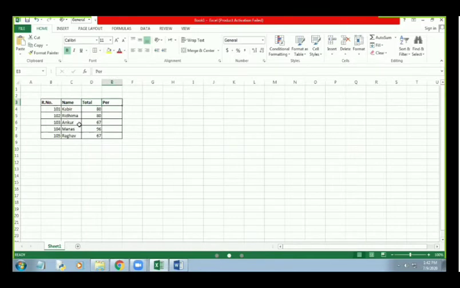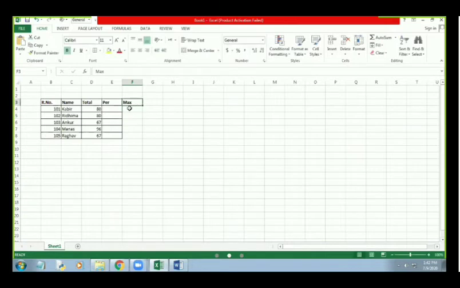Suppose we need to add another column here, then we will have to insert a column. Suppose we have to find maximum marks, and we have marks for more than one column.